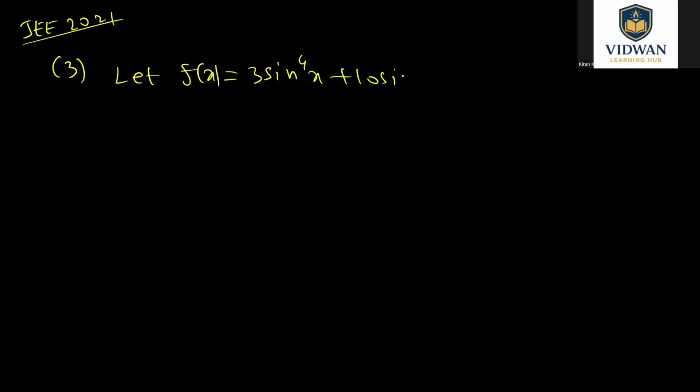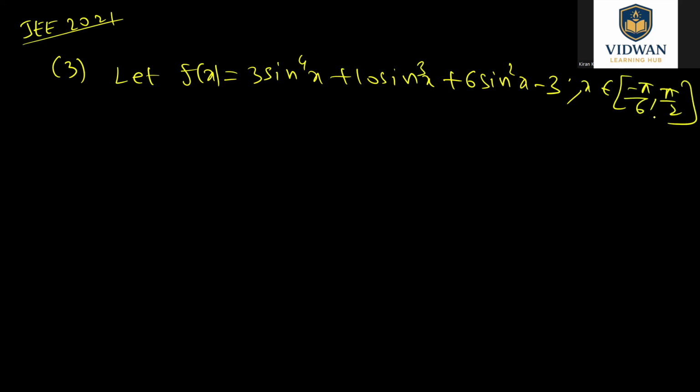This is from JEE 2021. Let f of x equal to 3 into sine power 4 x plus 10 into sine cube x plus 6 sine square x minus 3, where x belongs to minus pi by 6 to pi by 2. Then f is: